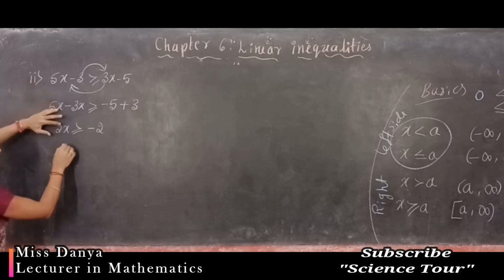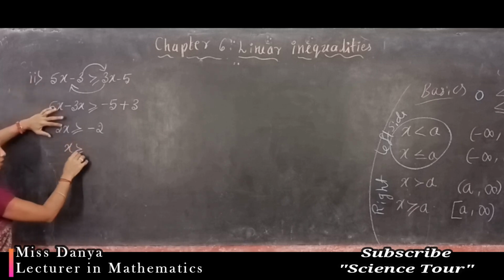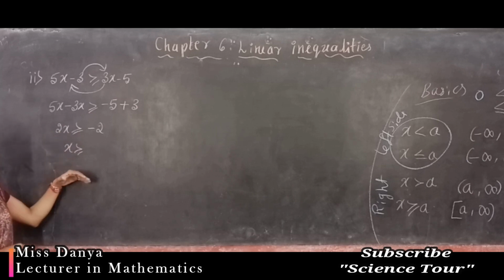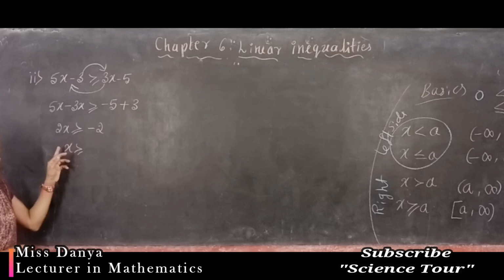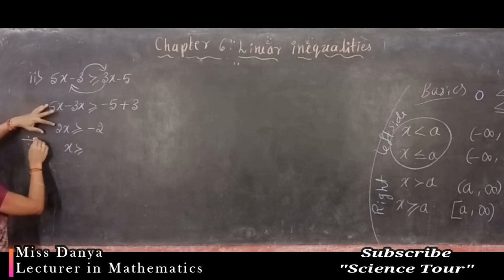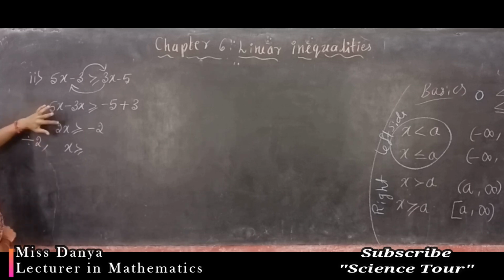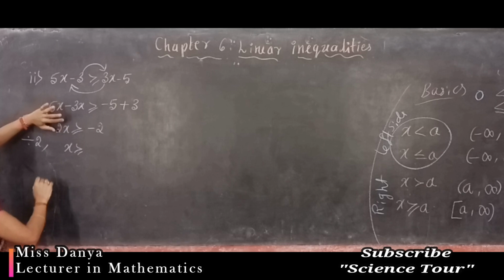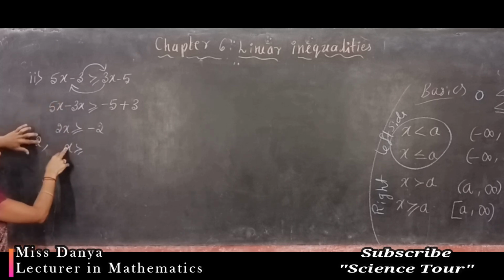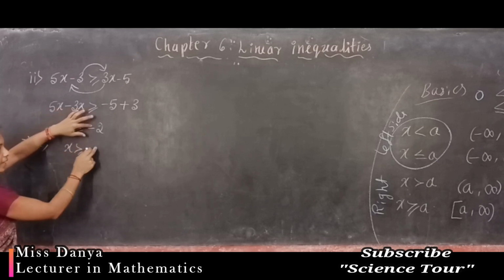Okay, and x is greater than or equal to, how to get x? You have to get at the end x greater than or equal to something. That means you have to make the coefficient of x 1, but here 2 is there. So to cancel that 2, you have to divide by 2 on both sides of this inequality. So dividing by 2, what will you get? 2x by 2, this 2 by 2 cancels, we are left with x greater than or equal to minus 2